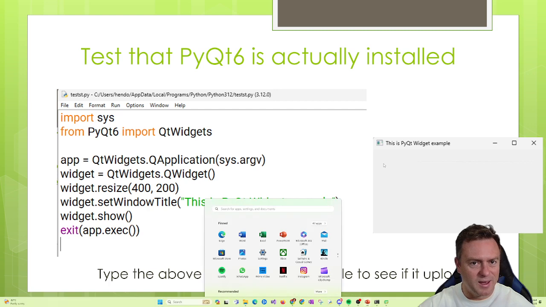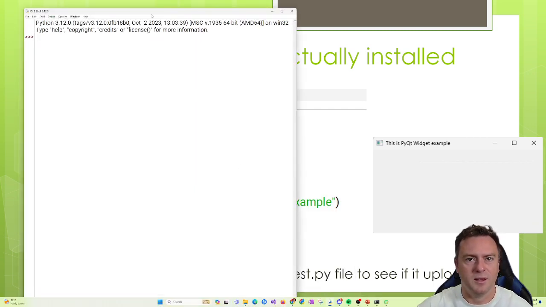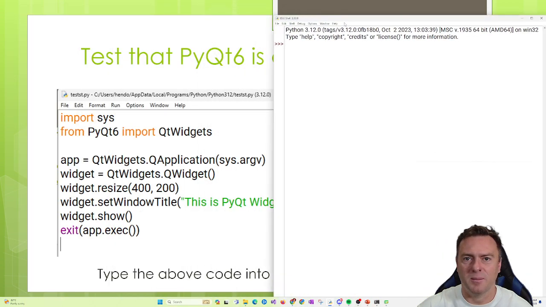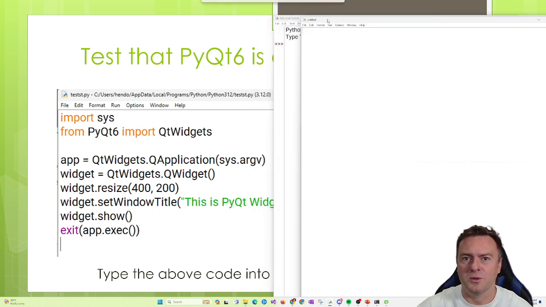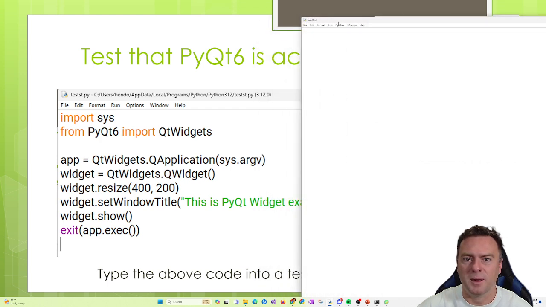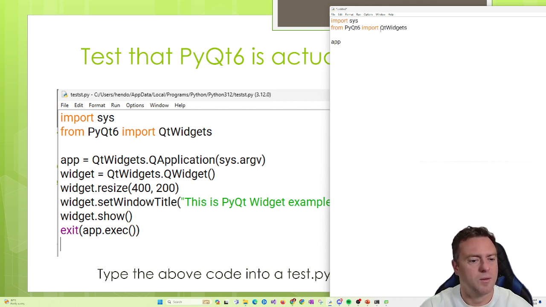Cool. So now to see if that actually works, let's open up IDLE. And let's build this code just to see if there is a connection between the Qt tools, which is all the different objects and the libraries for the buttons and the text boxes, and this. So here we go. We're going to import sys, which imports the system, from PyQt6. We're going to import the Qt widgets, and then our app is going to equal QtWidgets